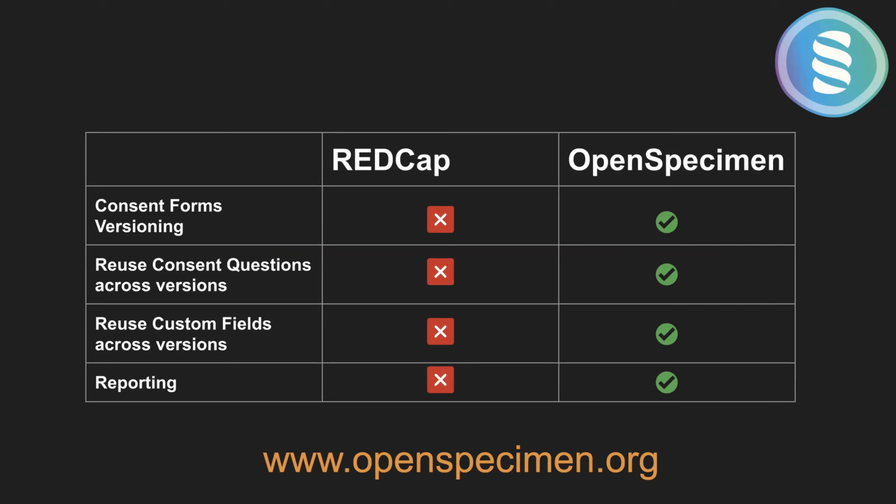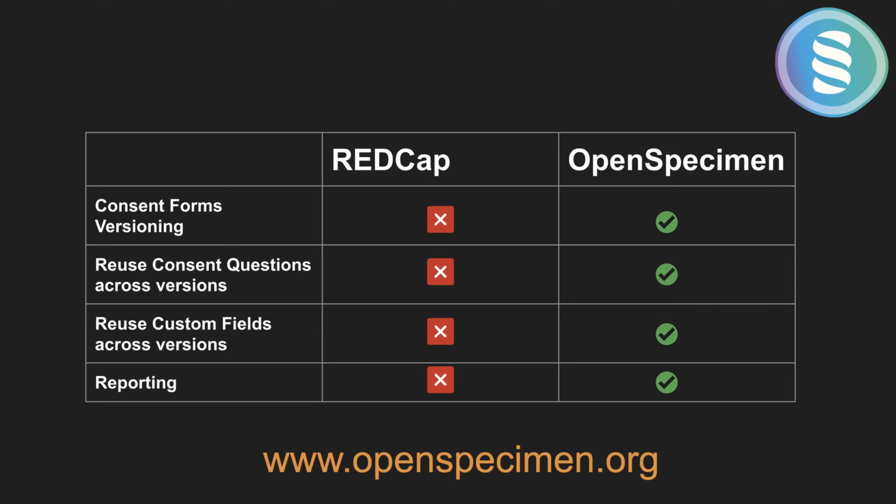REDCap is finally a form builder. You can build different forms, but it is not specialized to solve a particular problem. So in the consenting case, it is not specialized to solve the e-consent problem. All you do is build different forms and you collect data, and that it does well. But in case of consents, the major challenges are that over a period of time, forms can get versioned. That is, with the consents, you go to IRB, you change questions, you add new things, you change the existing questions, etc. And all of that leads to versioning.